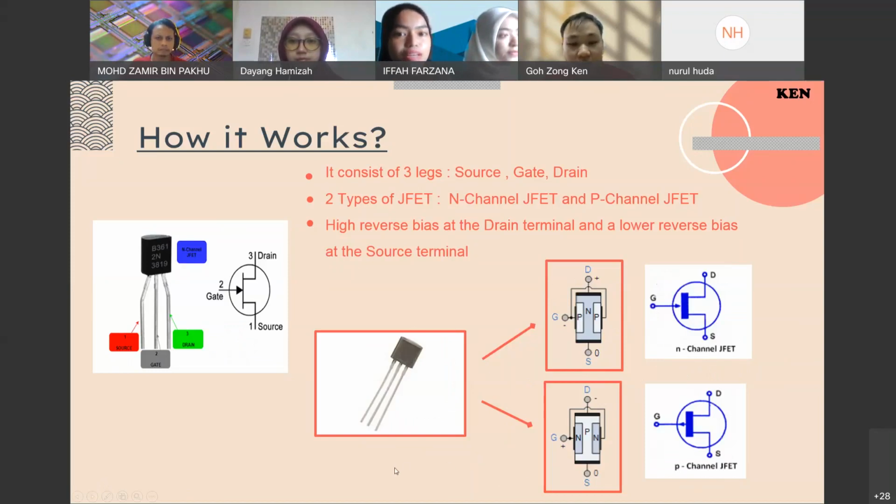We know that the channel is resistive in nature. A voltage gradient does form down the length of the channel, with this voltage becoming less positive as we go from the drain terminal to the source terminal. This makes the PN junction have a high reverse bias at the drain terminal and lower reverse bias at the source terminal. Next